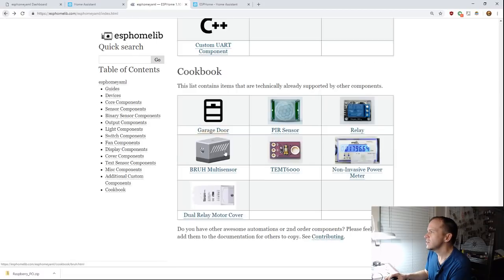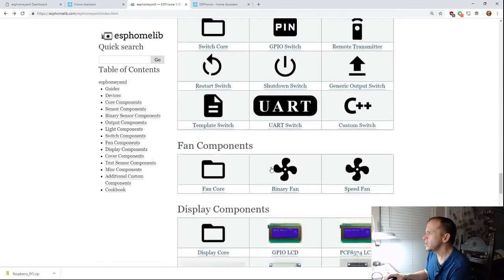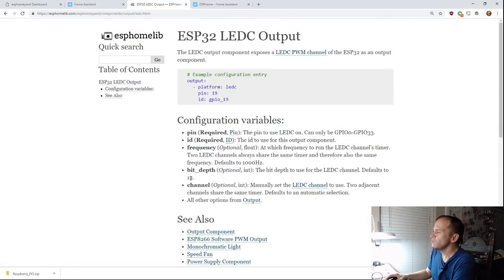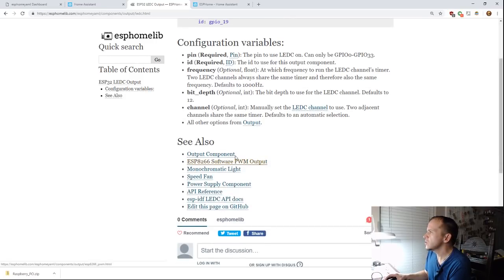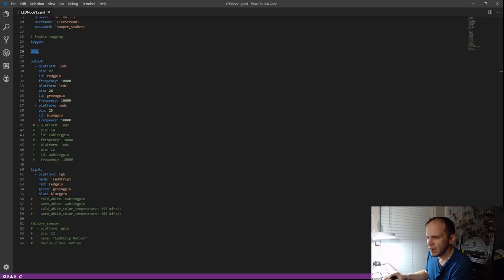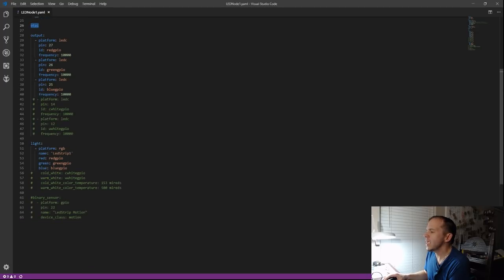So then I went back up here to the ESP32 LED C, and just adapted it based off of the information here. They don't use D1, D2, D3 on the ESP32s, which we'll get to in a second. They actually use all the GPIO numbers because there are so many different GPIO numbers. So once I was able to find that out, I combined it in, went through and came up with this.